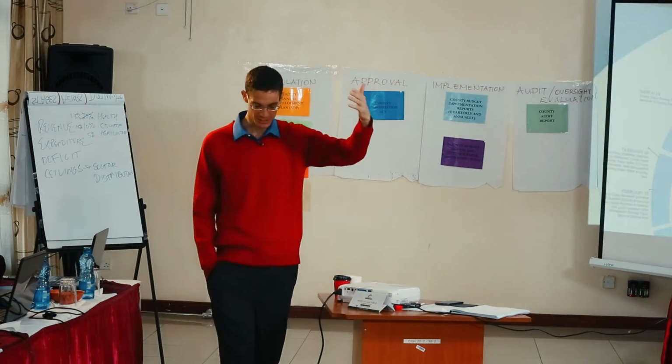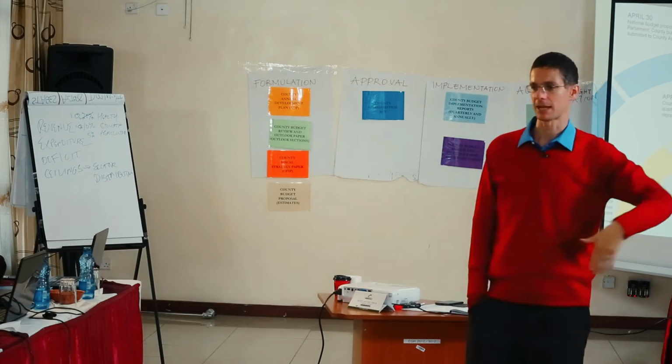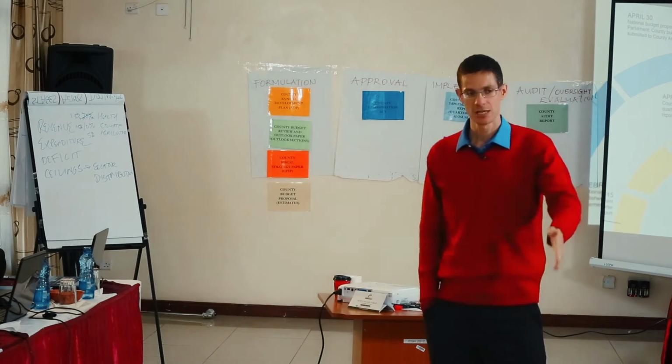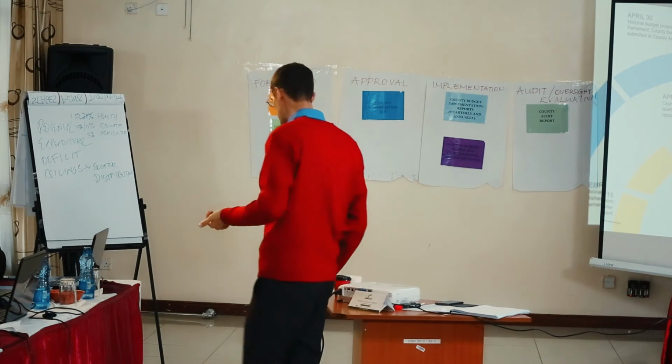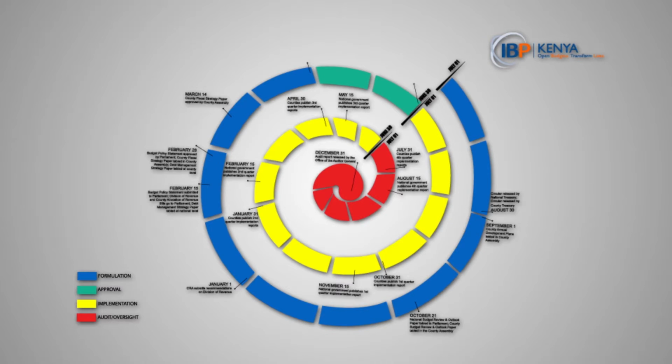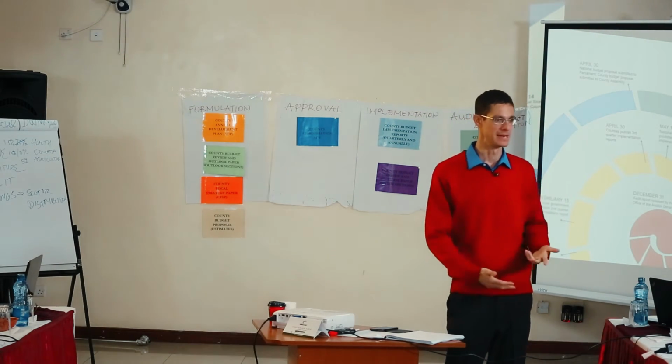The Budget and Appropriations Committee organizes public hearings, then they generally make a report to the full House, and the full House accepts or rejects that report, and then they amend the budget. And at the end of that process, we have the Appropriation Act. It is the budget, it is the law that authorizes the county executive to begin to spend against the budget lines at the department level and at the program level.